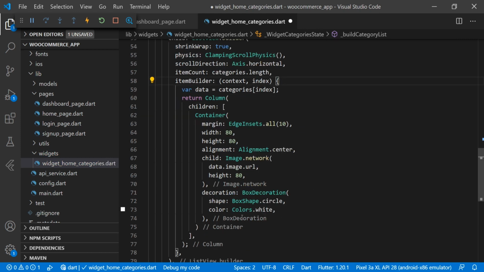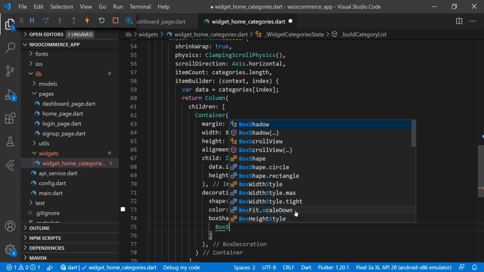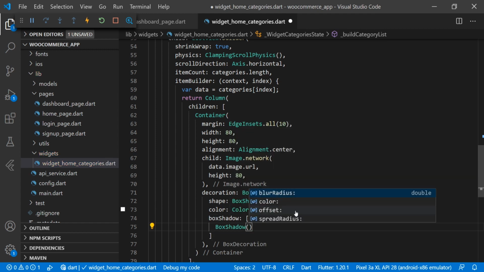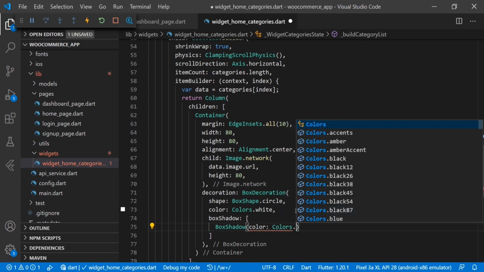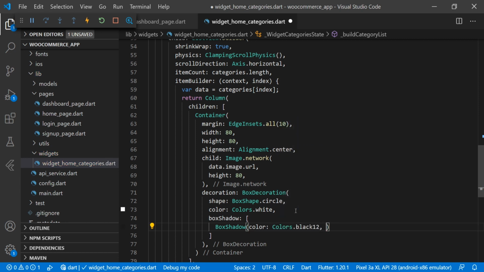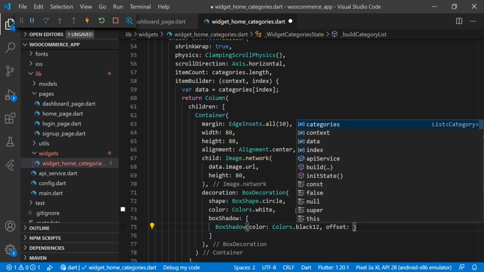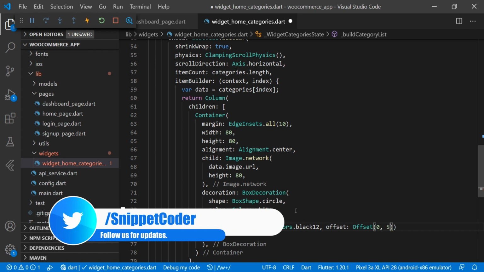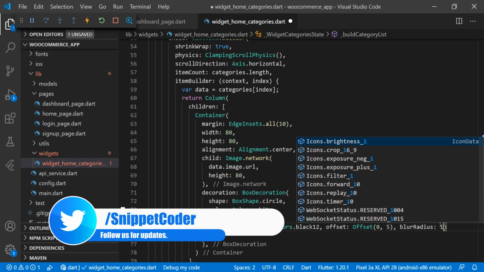Then we will have the box shadow here, and we are passing color, and for the color we are using Colors dot black 12. Then we have an offset, and for the offset we are using offset 0, 5. Then we have a blur radius, and we are using 15.